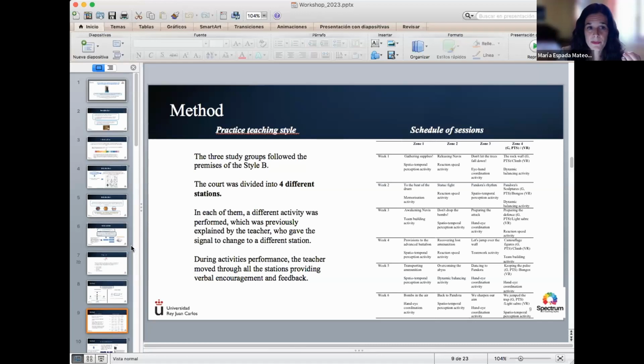During activity performance, the teacher moved through all the stations and provided verbal encouragement and feedback. On the right, you can see in this table the activities that we did in each station.